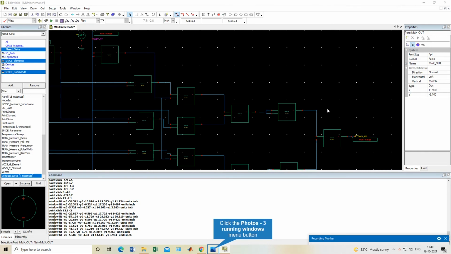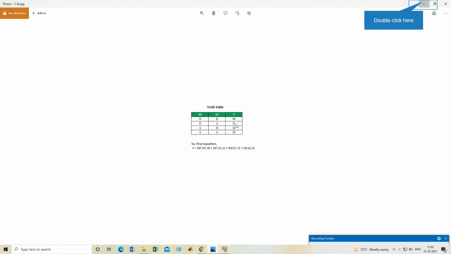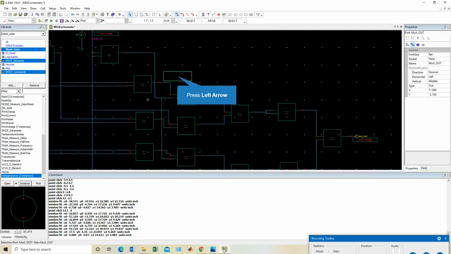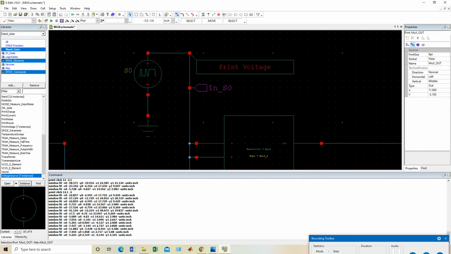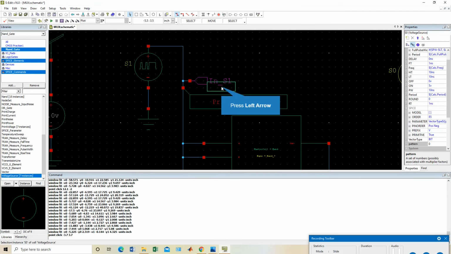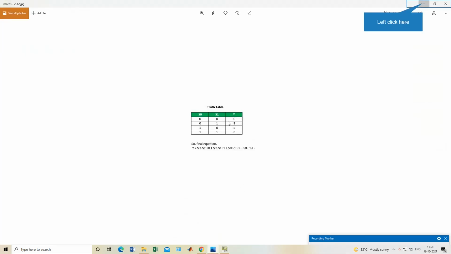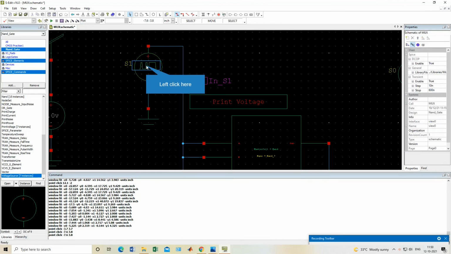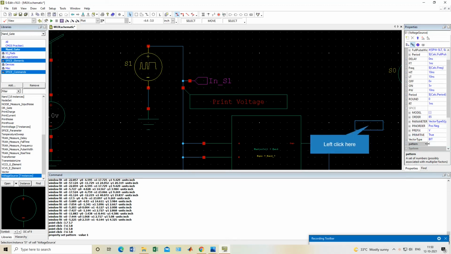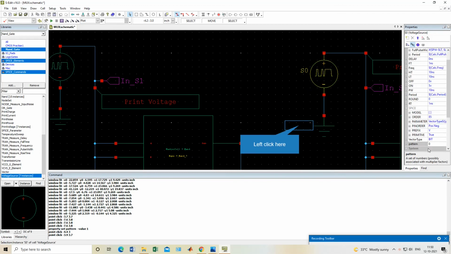Now we will check our second truth table, which is S0 will be 0 and S1 will be 1. Then we should get I1. First we will change this S0, this S0, and this is S1. So what is my second truth table? S0 is 0, S1 is 1. So I will change this S1 to 1. See, this S1 pattern is 0 right now. I am changing it to 1. Okay, so I have changed it to 1, and my S0 is already 0.